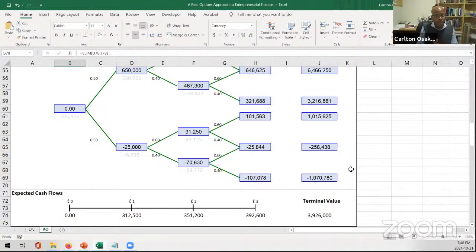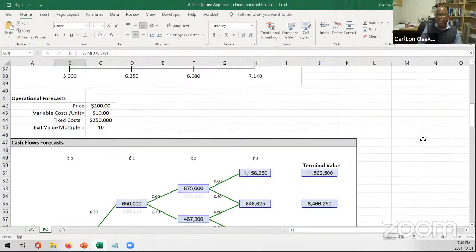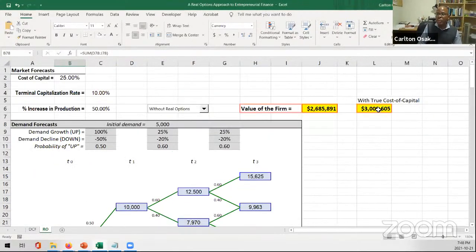If, however, you allow that this first year is much riskier and these last 2 years are not as risky, and so you use two separate discount rates, and there is a method that you can use to determine what the correct discount rate should be for year one and the other years, you actually will end up getting a different value up here. So you'll end up with $400,000 more just using different discount rates because you have different scenarios.